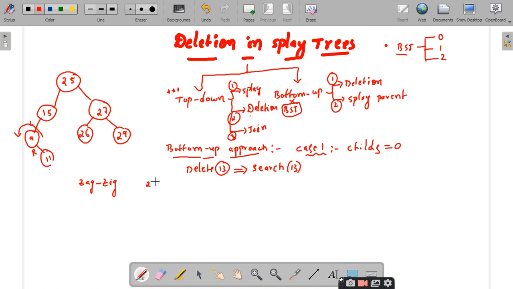So what will I get here after performing the first zag rotation? After the search is successful, you have to delete it in the same manner as in the BST, and the third step is to splay its parent.